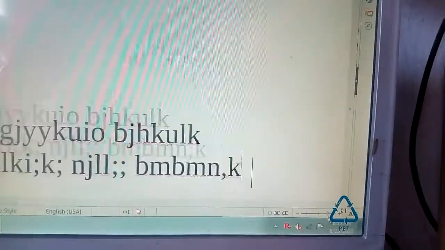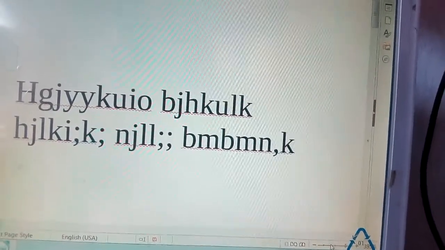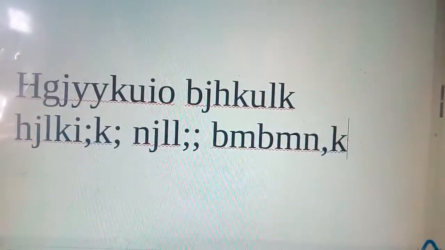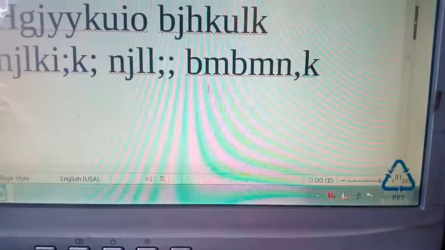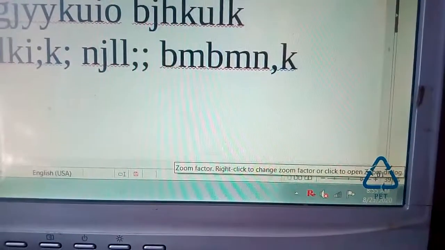Next is the zoom slider. You can see over here the zoom slider, this one. So this is for increasing or decreasing the document size. So here you can see closely and set it back in the normal view. It is present at the bottom right corner of the Writer window. So you can see here I have increased the size, and here you can see 395%, right? If you want to decrease the size, then it will come like this. Okay, right? I think it's clear.